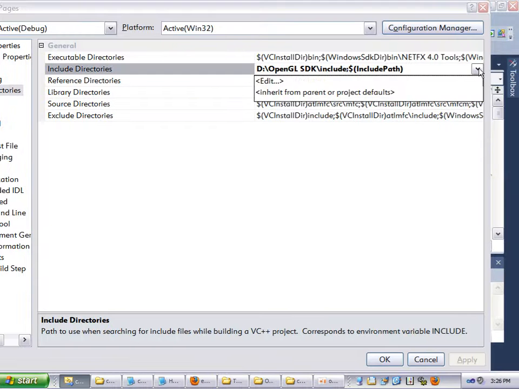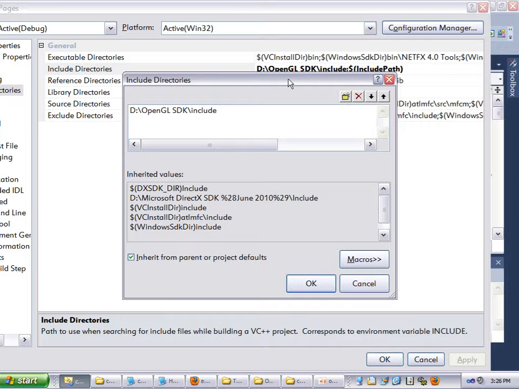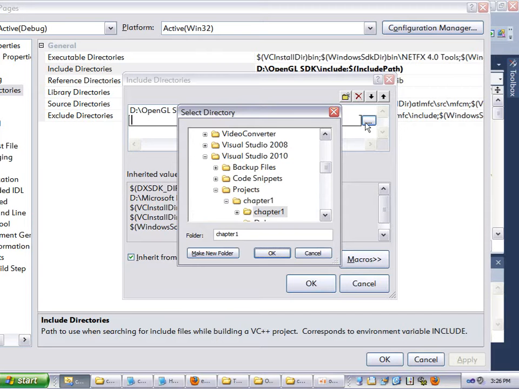Go to edit. And this one should be blank in here, but if you have stuff, go to the next blank line or click new. It doesn't matter which way. Or you double click in a blank line. And then it already opened the browse thing for me. So all you have to do,